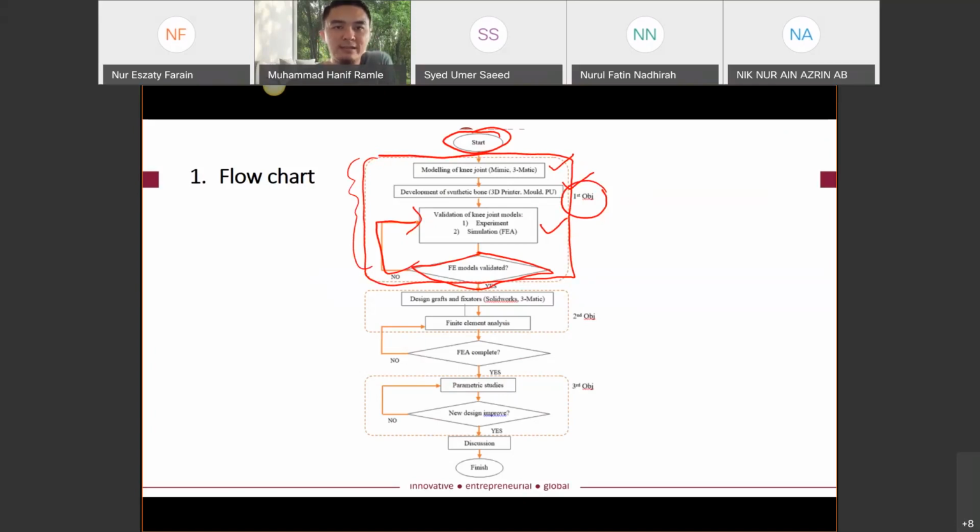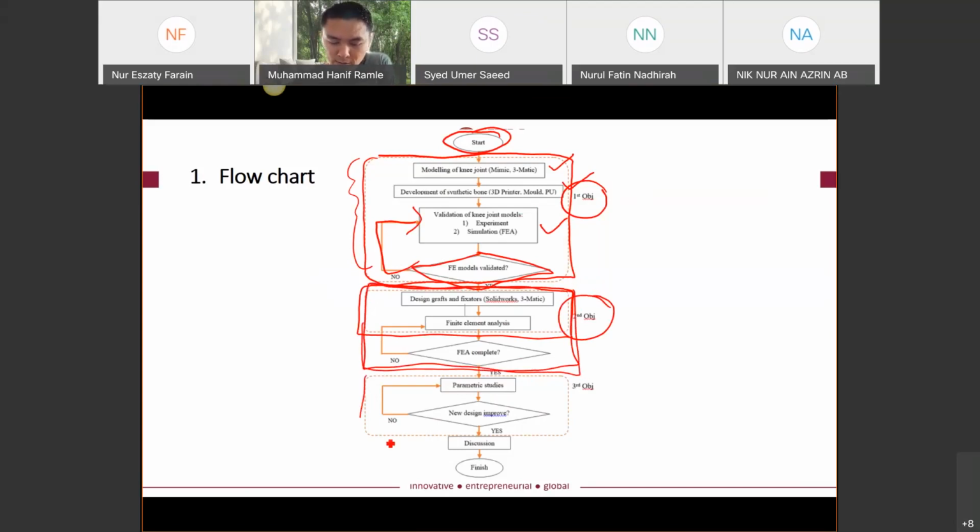If yes, then the flow can go forward to the next one, which is the second objective. The next flow is to tackle the second objective, and what kind of second objective you want to tackle is based on this flow. Then the next one is the third objective, and you have to mention all the information and all the methods to solve the third objective. The last one is, of course, finish. This is the example flow chart.